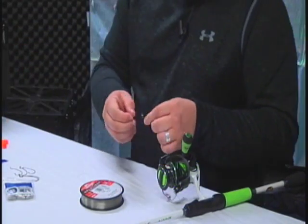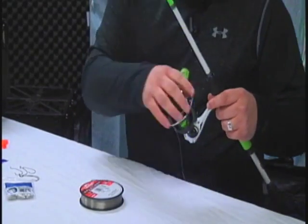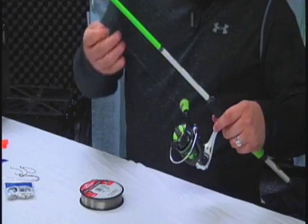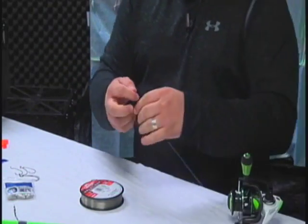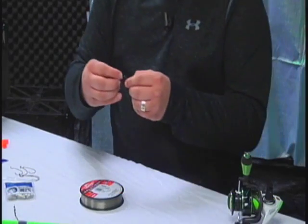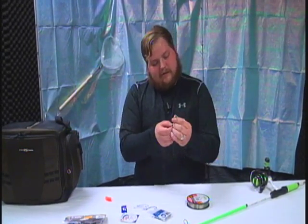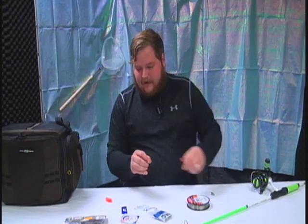All right, so it just fell off. But whenever you get that perfect tie on, it will stay on, and you'll have your weight sitting on top of your hook like this. Sitting on top, just like that. And then whenever you get it on,